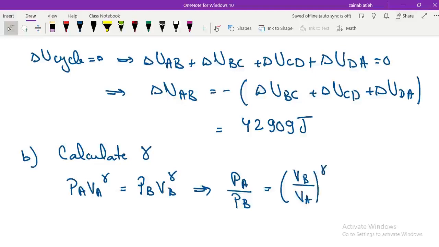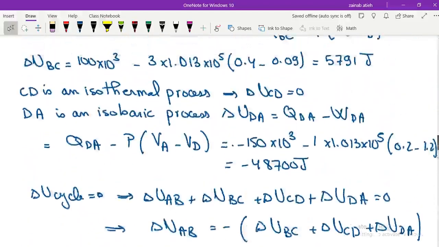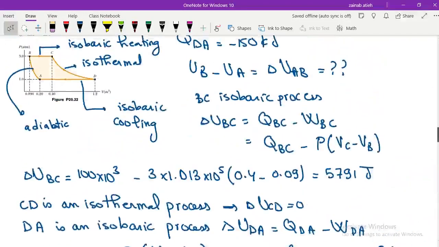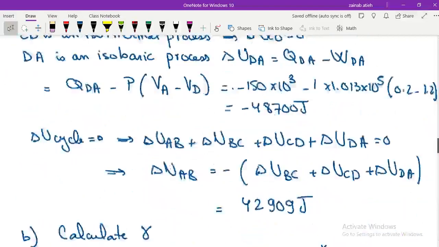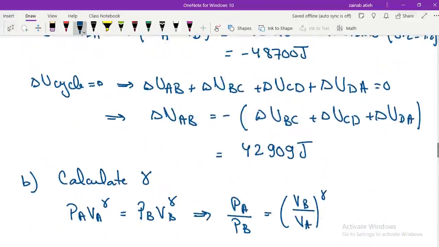When I have pressure over pressure, no need to change unit, because they have the same unit. So all I have to do is just copy, and then PA is 1, PB is 3, so it's 1 over 3 equals VB